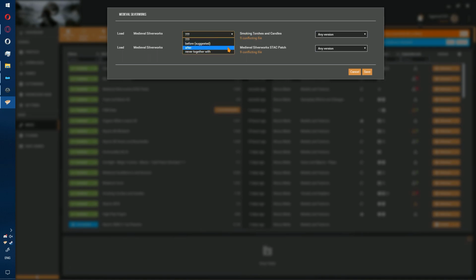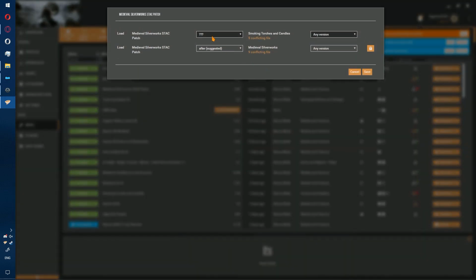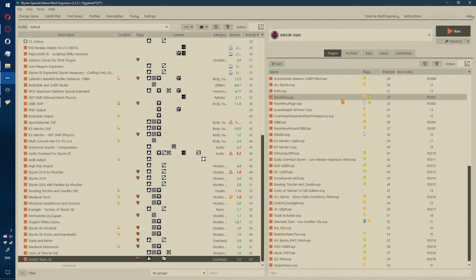go ahead and set it to load after stack and before the Medieval Silverworks stack patch. Hit save. In stack, set the Medieval Silverworks stack patch to load after stack as well. Save. Deploy. I've gone ahead and verified all 3 of these plugins are clean, so let's go ahead and just